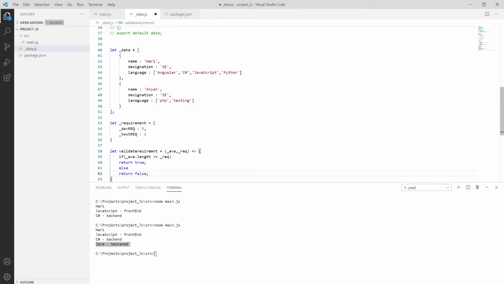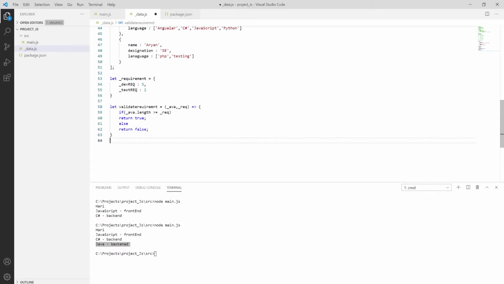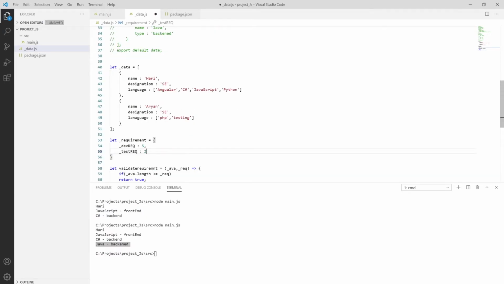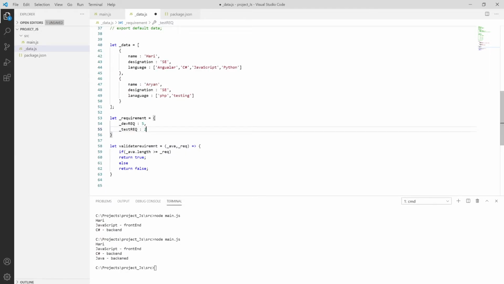So how we can export this: with the help of a variable name only, we can export this. So let me minimize the terminal. We have created those three variables, which are underscore data, underscore requirement and underscore validate requirement.